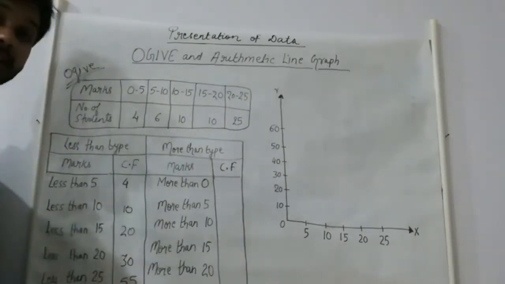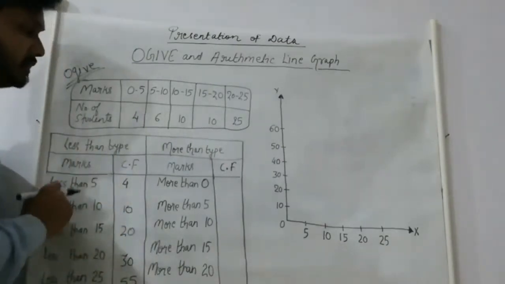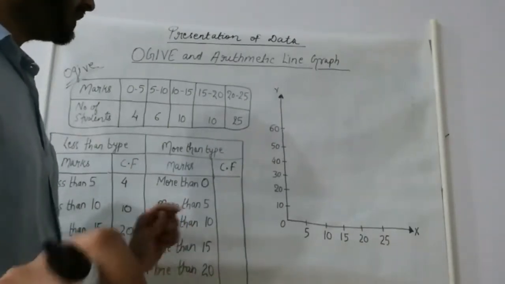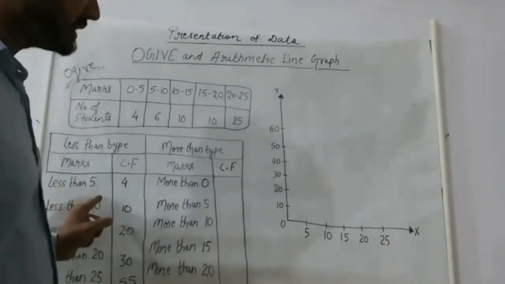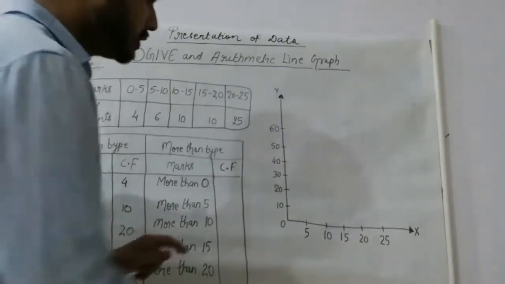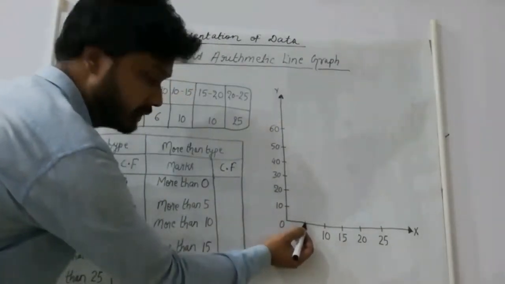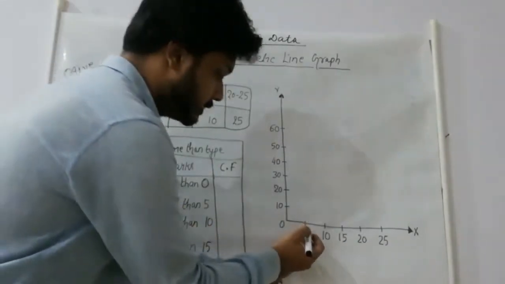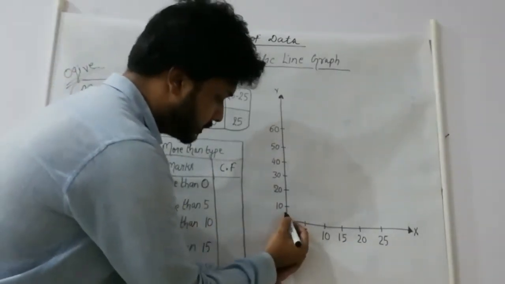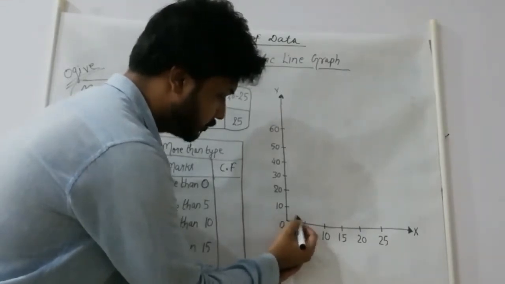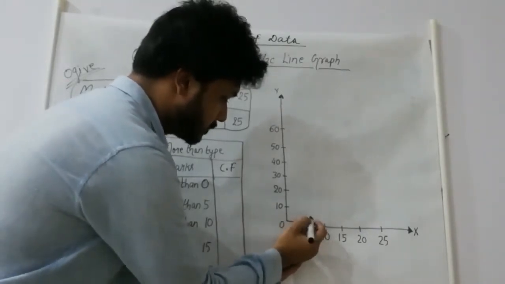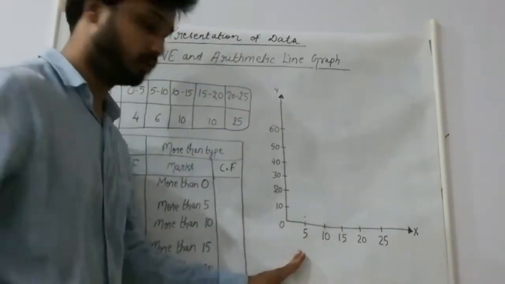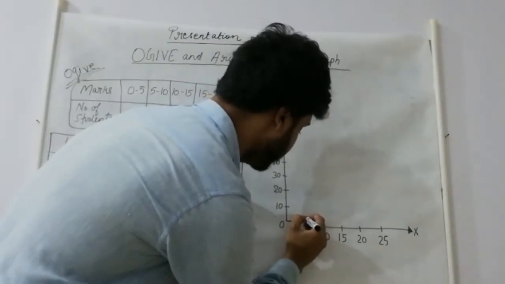So we have got the cumulative frequency in the form of less than. Let us first plot this into the form of ogive. See students, here less than 5 it is asked. So we will point at 5 only. Less than 5, 4 is the cumulative frequency. So less than 5, 4. 5 will be coming here and 4 will be somewhat this side. So we just need to make a point here at less than 4. Make a simple point here.